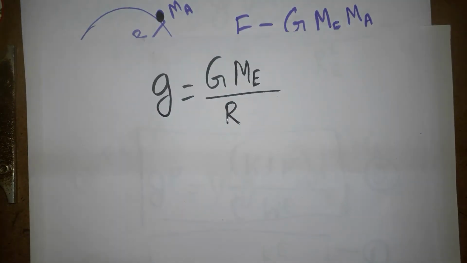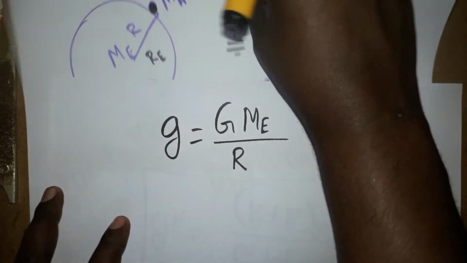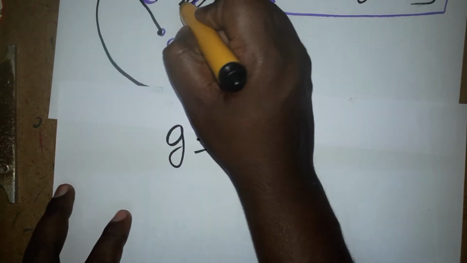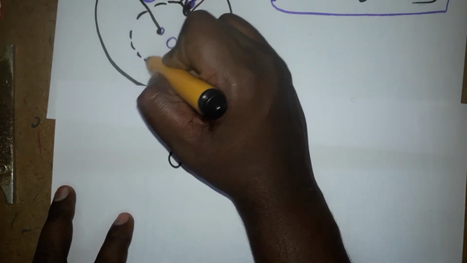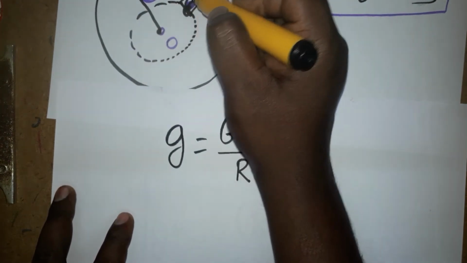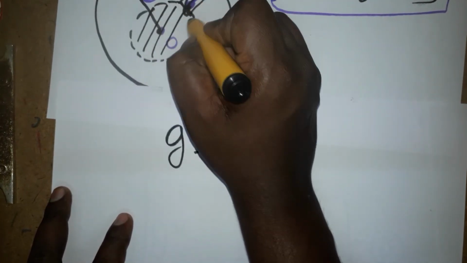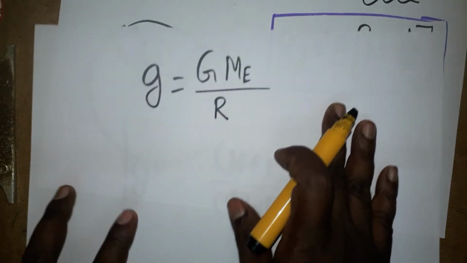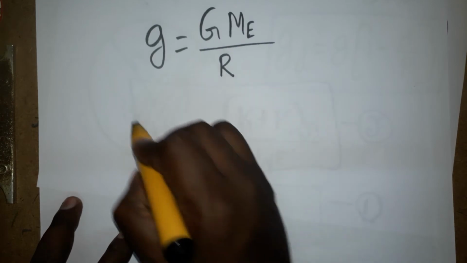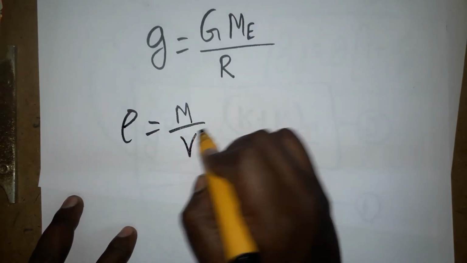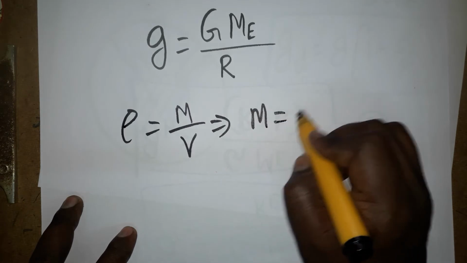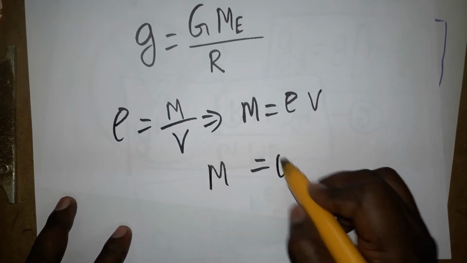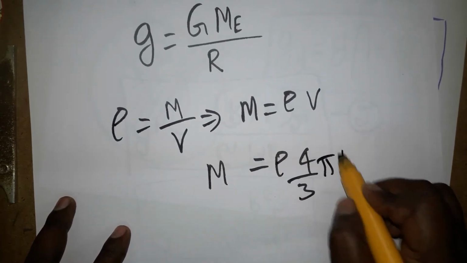Now, when our question is about the depth, what is the gravity? I consider the same apple here. The gravity is totally affected by the mass, and mass is affected by the density. Only this much mass is concentrated, not the full mass, because we want only this part. So volume also matters, and I am going to relate this formula with the volume. Density is equal to mass by volume, so mass of the earth is equal to density into volume. I know the volume is 4 by 3 pi r cube because this is a sphere.